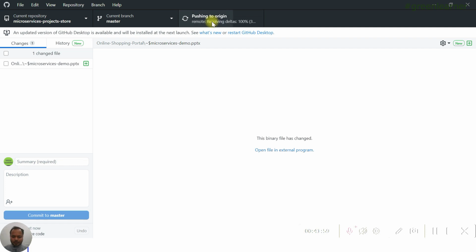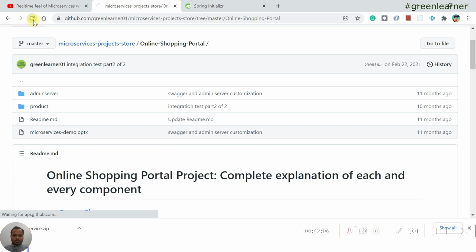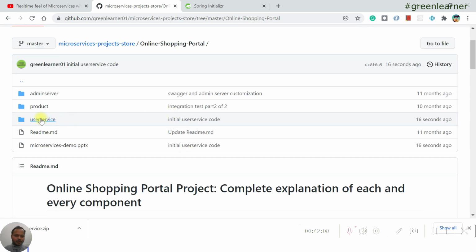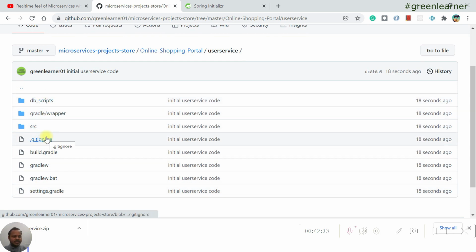So by now, when you're watching this video, you will be able to see the code also. If you clone this one, you will be able to find this user service here. The DB script, diagrams, and all those things that I explained in the previous video, I'm going to put here. Okay, this video has gone very long, because the initial setup and all those things need time, and I wanted to show you live in the video what problems we can face. You can face more problems or even fewer problems, it depends from person to person.